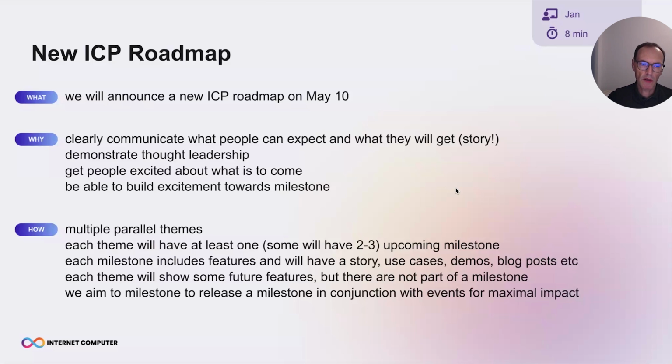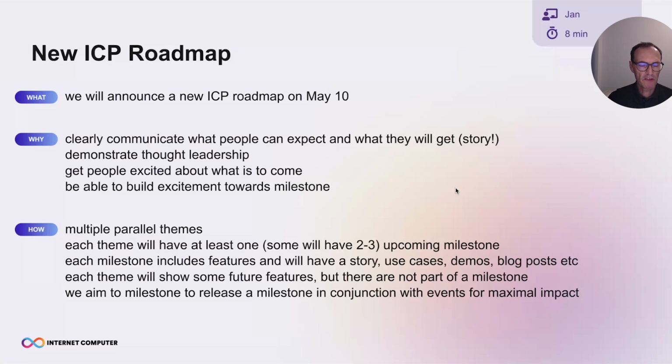Every milestone will include the features that we're doing. So if the milestone is say Ethereum integration, features will be ERC20 or ckUSDC. It will be some DEXs. It will be the EVM canisters, stuff like that. So every milestone will group a few features, but then also have a story why we are doing this. What can we get out of it? What are the use cases? We'll do some demos and blog posts around it again to build up the excitement around what we're doing, and make sure the community can relate to that.